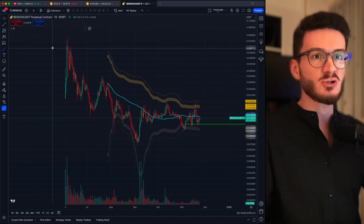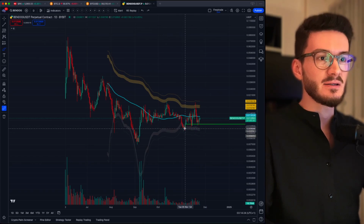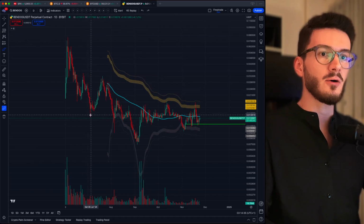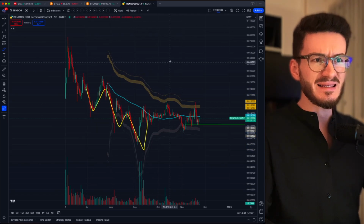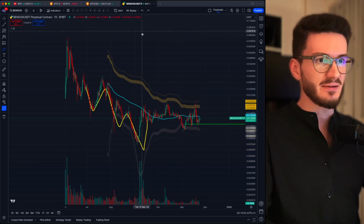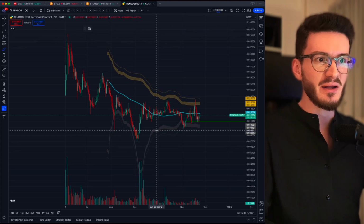So as you can see, it's pretty much down only, which at first sight is bad. But as you can see, this is a beautiful potential bottoming structure. So we basically have this three drives down pattern, which is a very nice pattern actually. And as you can see, we've had this on the downwards trend here as well. 1, 2, 3. And this is actually an interesting pattern, especially because in this case, it pretty much is mirrored. So of course, this is just way bigger than here, but still, this is a very interesting chart. I don't remember seeing that in this fashion actually. Looks a little bit artificial. I'm just gonna be honest here, but still,